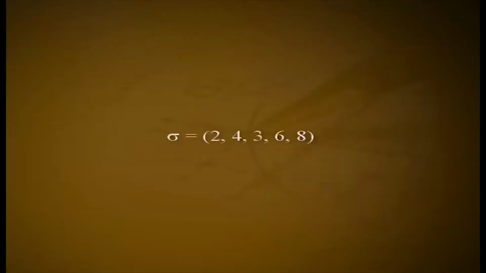This permutation σ is a cycle of length 5, and we introduce a new, more compact notation: σ = (2, 4, 3, 6, 8). The new notation is a single row cyclic notation. Each element appearing in (2, 4, 3, 6, 8) is mapped onto the element following it, except the last one, which is mapped onto the first. Elements not appearing in the notation are considered fixed by the permutation.